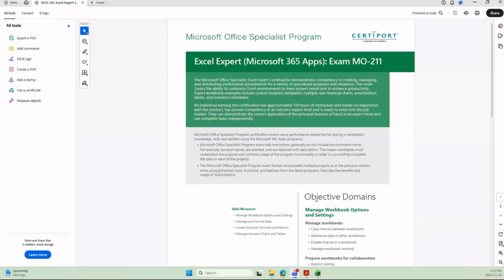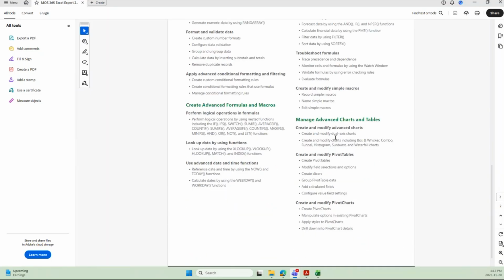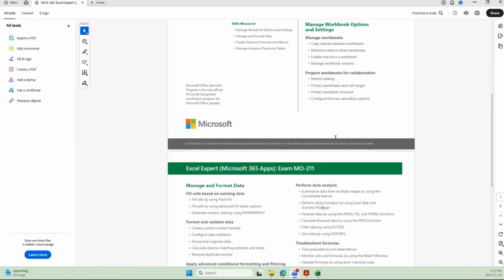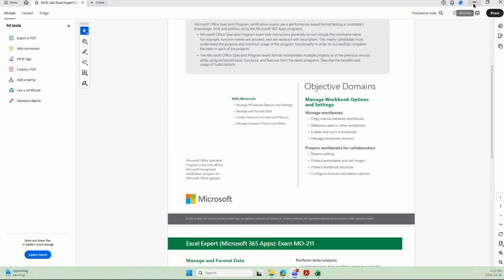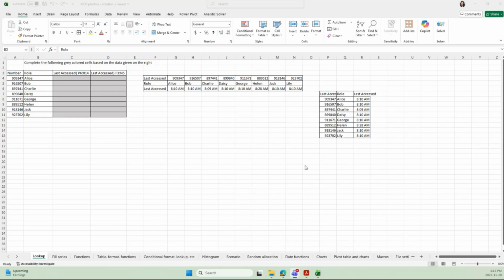This is specifically for the Microsoft Office Excel Experts exam. In this, I will be covering all these course learning outcomes, and this is specifically focused on the exam. So I won't be covering everything from this, but mostly whatever is important for the Microsoft certification exam. I have gone through the MOS exam multiple times, and